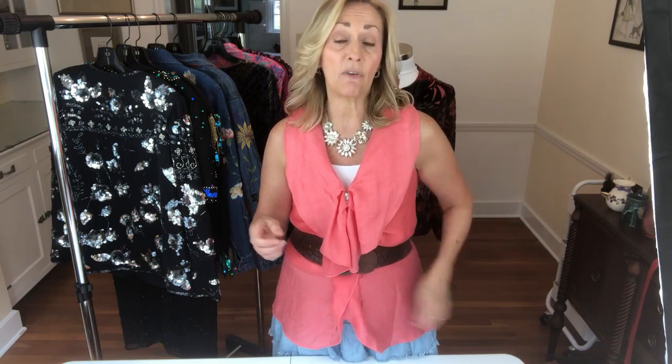So the next few items that I want to talk about are embellished items. Items that are highly embellished always get my attention. So we are talking sequins, jewels, pearls. Pearl sweaters are big. If you find a cardigan, even a pullover sweater, better yet if it's from the 80s or the 90s, and there's a massive amount of pearls going on, I always buy those. Those always fly out of my store. Embellished